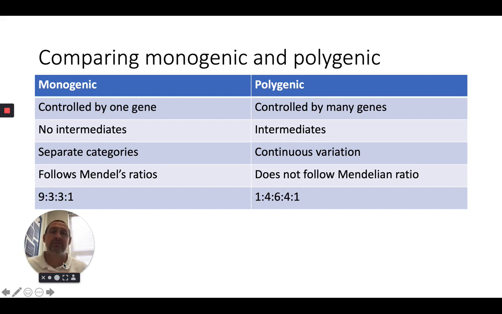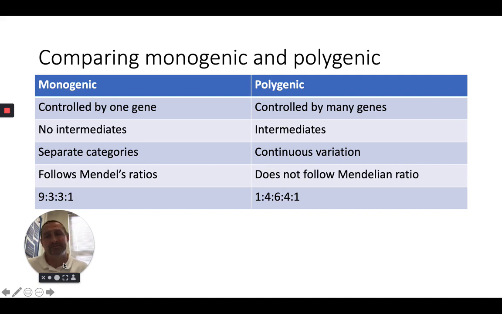Think like hair color. There's all kinds of variations with hair color, or skin color. There's all kinds of variation with skin color. And again, the environment can play a role with skin color. How much are you in the sun? Because that's going to impact skin color. Well, what you eat, that'll impact your skin tone to some degree. Whether or not you have injuries or burns, that might affect your skin tone in those areas. So there's all kinds of variation in skin color, plus the environment can play a role in how those genes